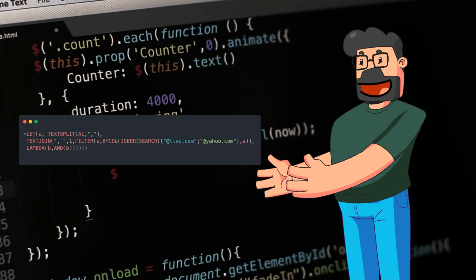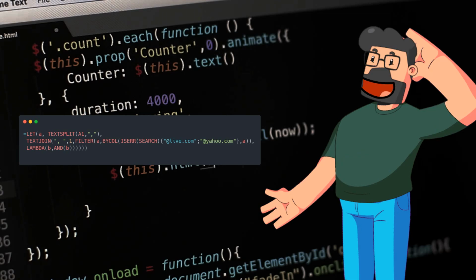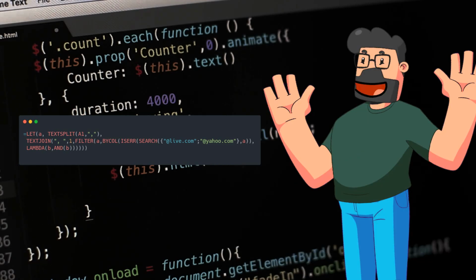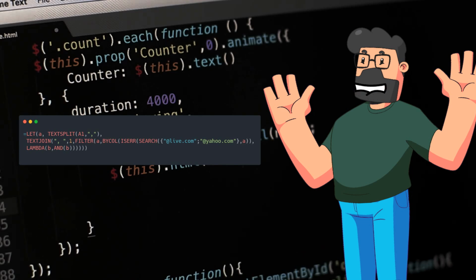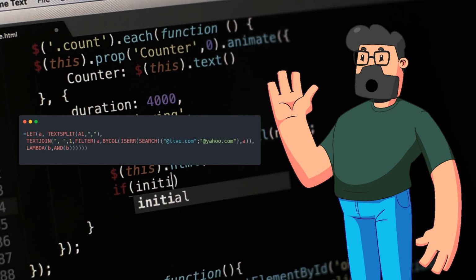Lastly, another formula is presented for those seeking to filter out additional email domains, such as yahoo.com, alongside @live.com. This formula showcases the flexibility and extensibility of Excel functions, allowing users to customize email filtering criteria based on their